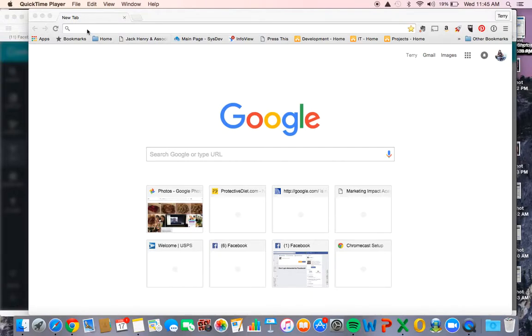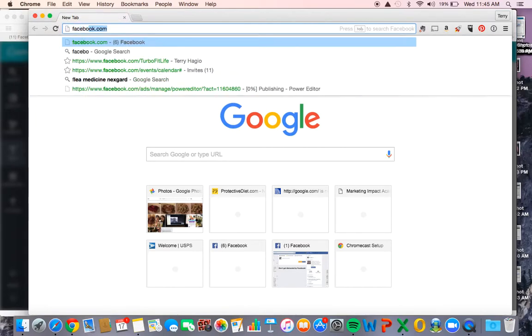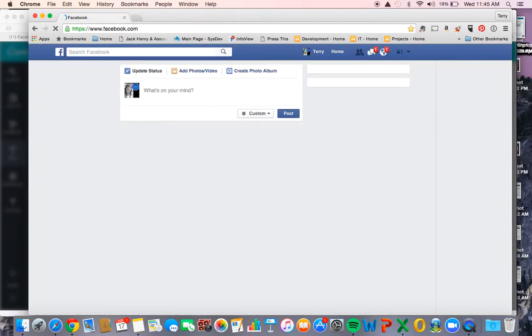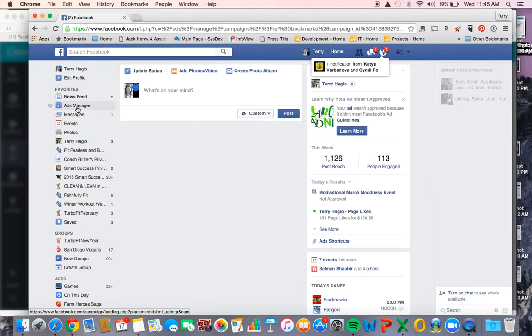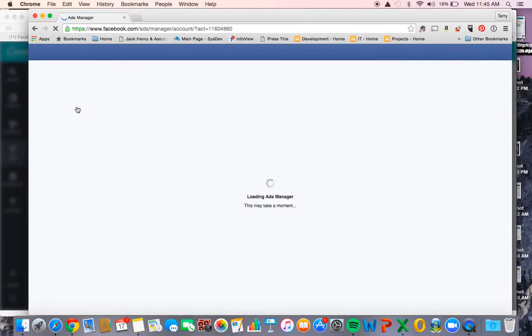Right, so here's how you use the Power Editor to create an ad. You have to make sure you're using Chrome, and then you just go to Facebook, and on Facebook you go into Ad Manager on the left-hand side, and then once you're in the Ads Manager, you're going to want to make sure you go over to the